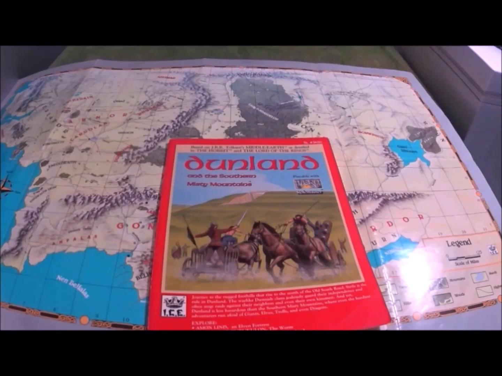Strife is the rule of Dunland. The warlike Dunnish clans jealously guard their independence and often stage raids against their neighbors and even their own kinsmen. Yet Dunland is less hazardous than the southern Misty Mountains, where even the hardiest adventurers run afoul of giants, elves, trolls, and even dragons. Alright, so you get to explore Ayman Lind and Elven Fortress, the lair of Turokulen the Worm, and